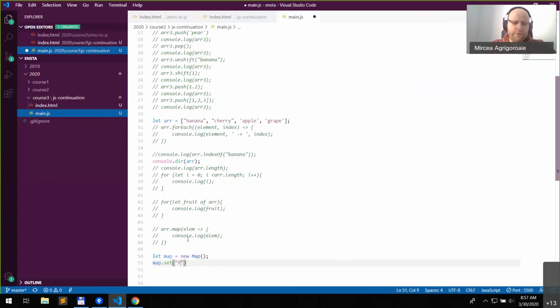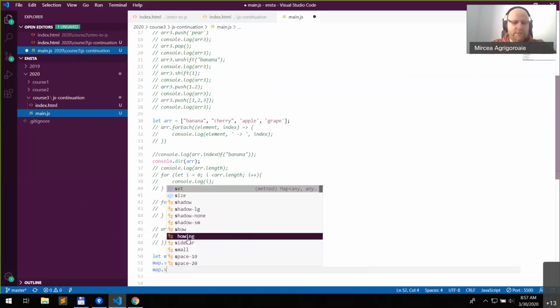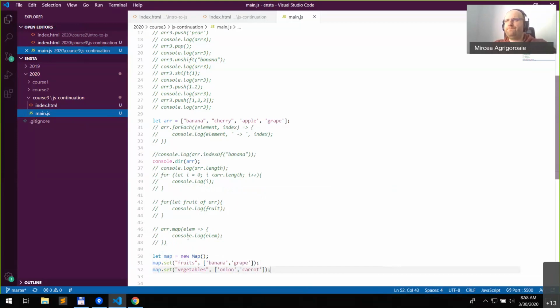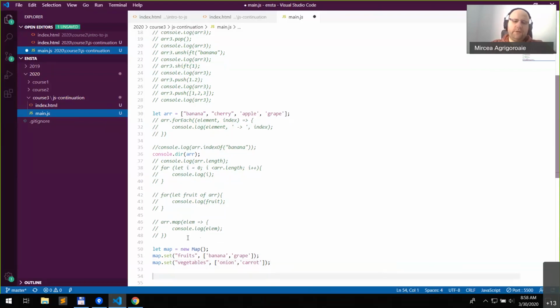So we can say here fruits is banana. Great. And we can say map set vegetables. I don't know, let's put here onion, carrot. Okay. So to iterate over this, we'll go like